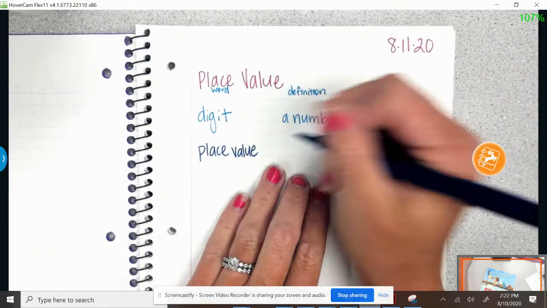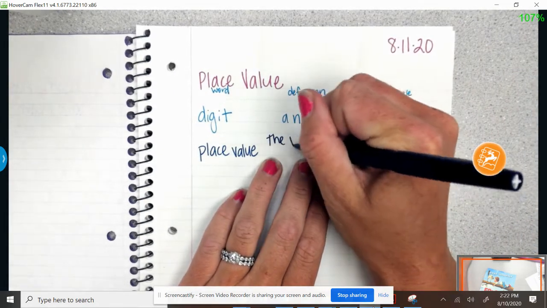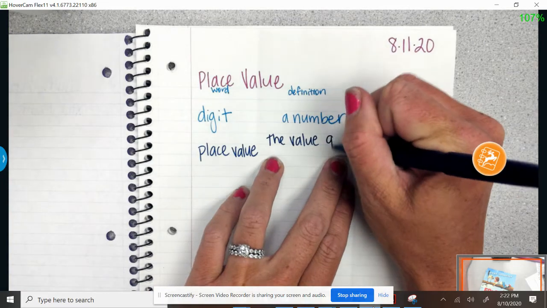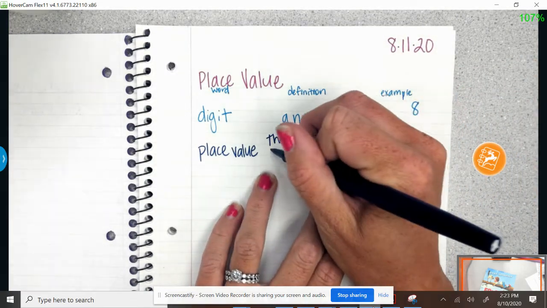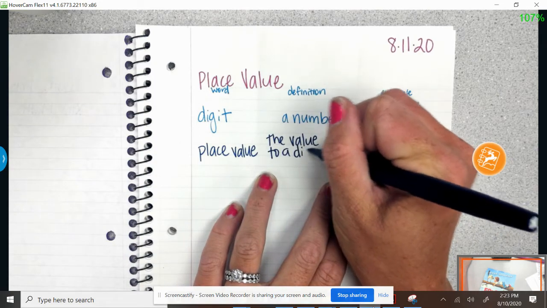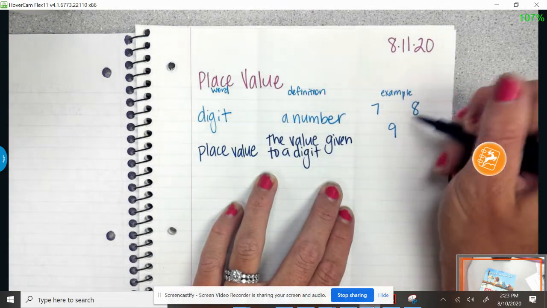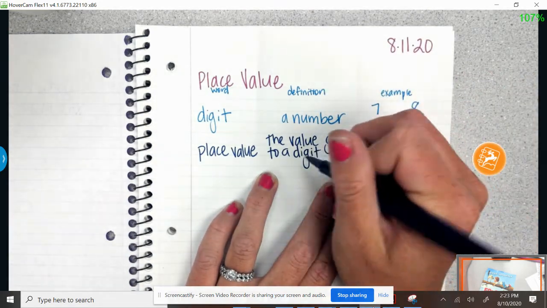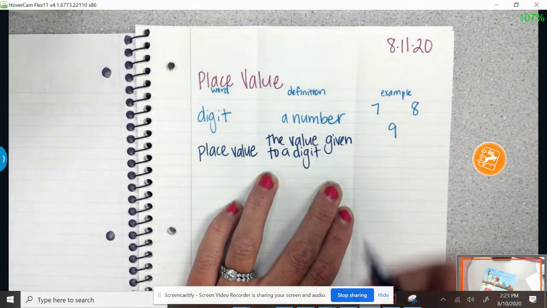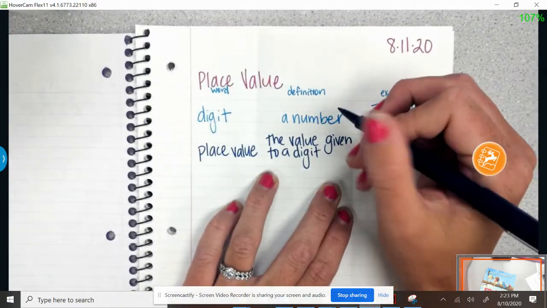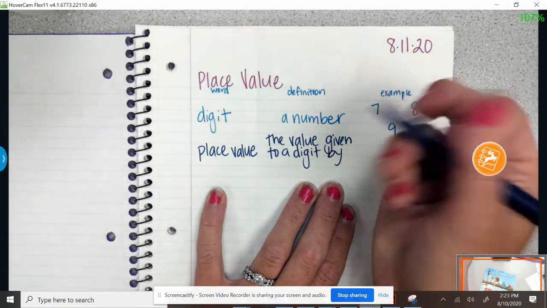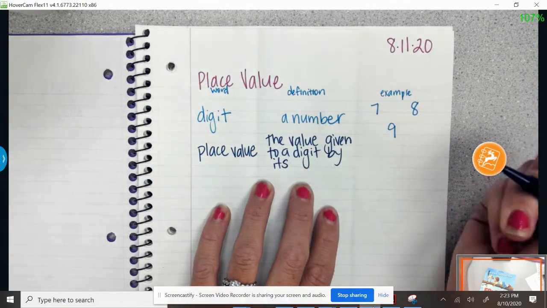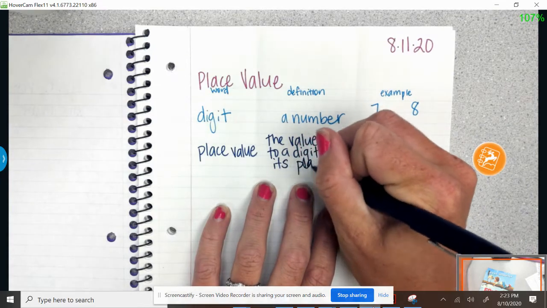So that is the value given to a digit. You put all these single digits together, and it makes them have a value given to a digit by, self-explanatory, its place. So where it is in the number,